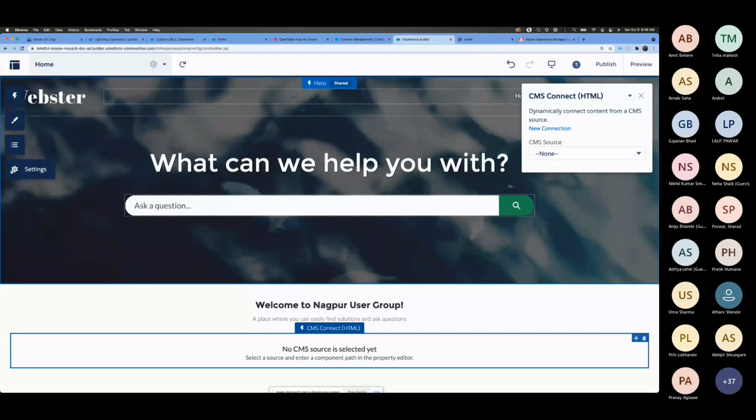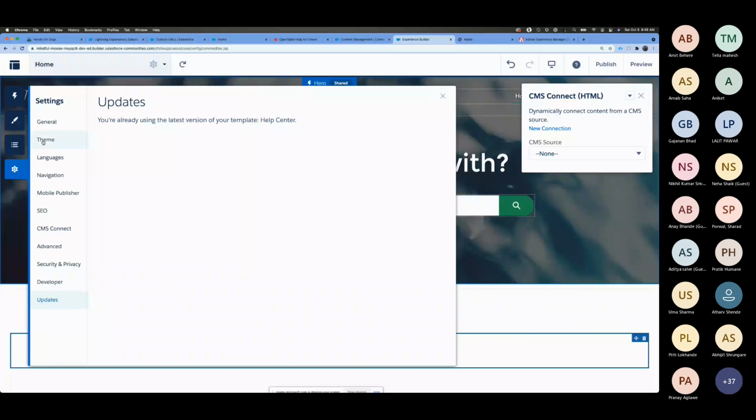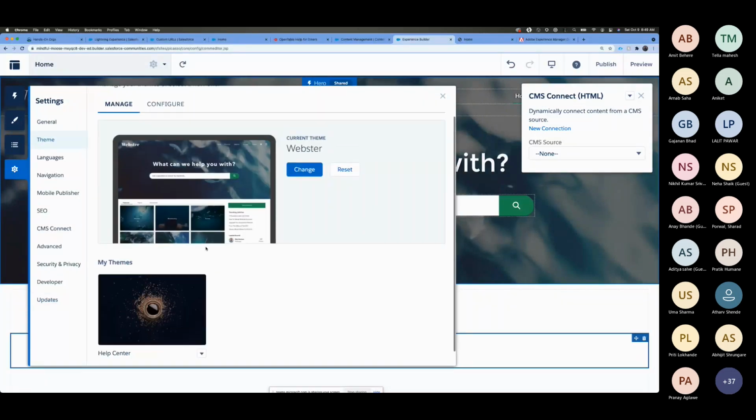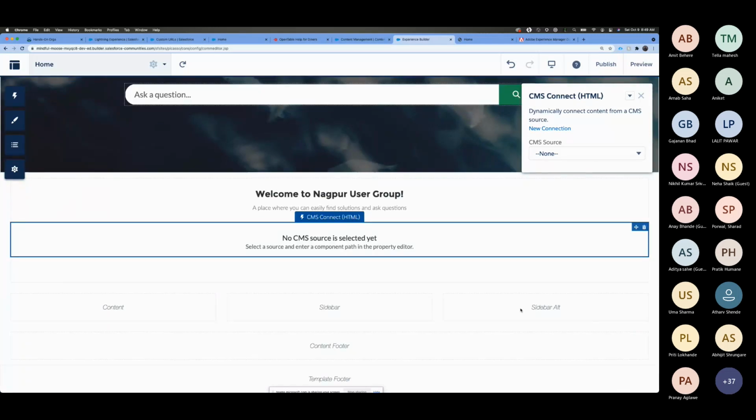Currently Salesforce has minimal options where you can use these configurations. You can see you have the header, a sidebar and content. With LWR, with this Lightning web component framework, you can create the skeleton of your communities or your website.